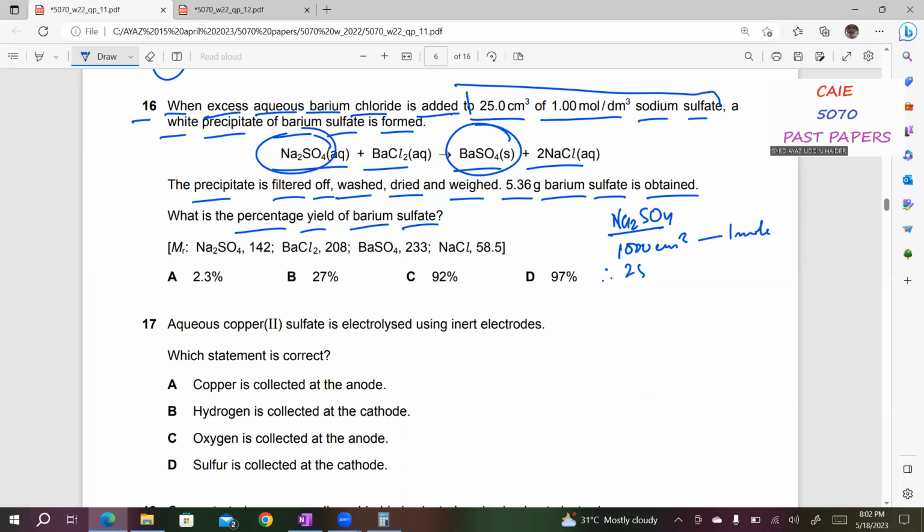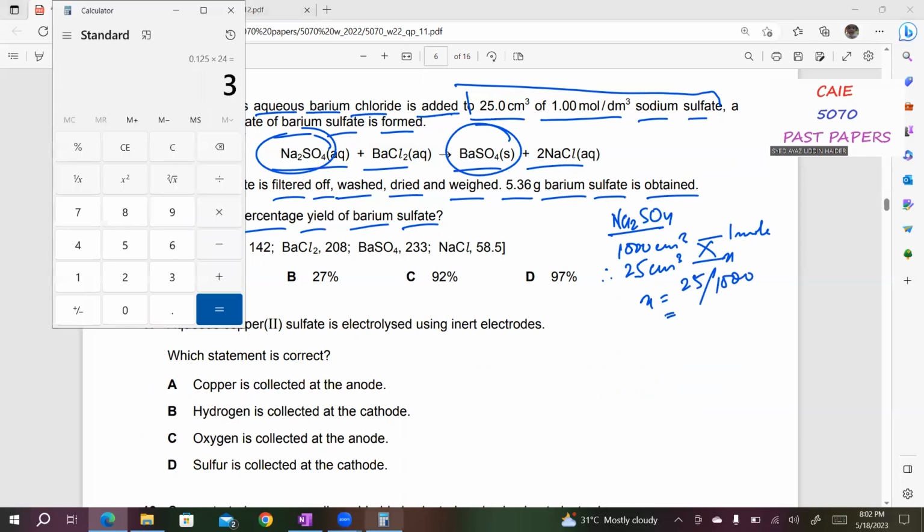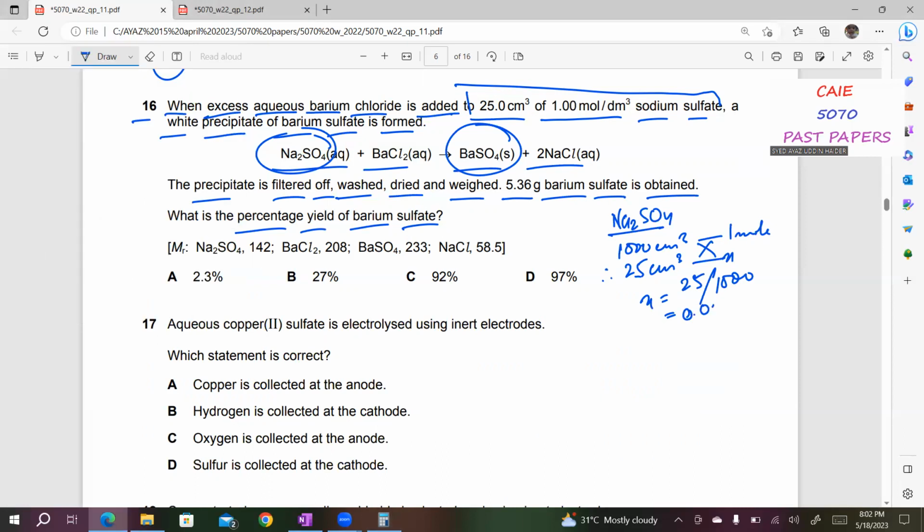Therefore, 25 centimeter cube contains X mole. So X is equal to 25 divided by 1000, 0.025. 0.025 is the moles for